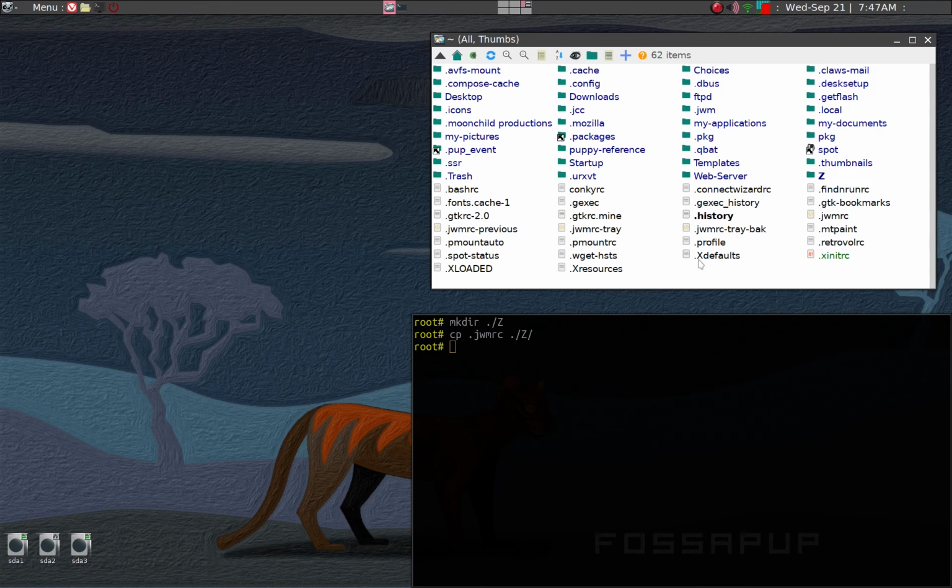Okay, so now we can go ahead and try a command. So we can go ahead and copy the JWMRC which is in the Z folder